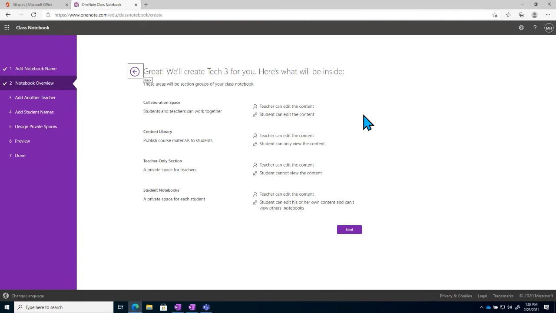Content library is where if there are resources or additional things that you want to share with the students, it's a great place to put it because students will be able to see that area, but they're not going to be able to make changes. And then there's going to be a private section for just the instructor where they can edit and view their content. So if you wanted to save notes or save a layout for a quiz that you're planning at a later date and time, it's a fantastic place to stash that.